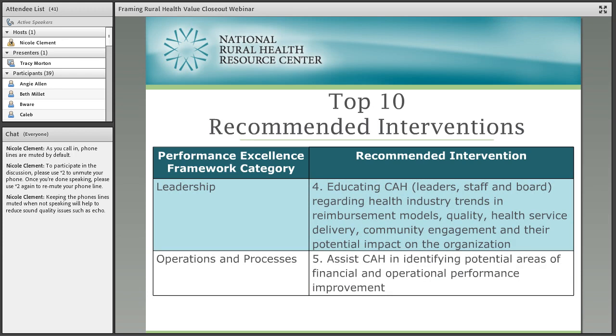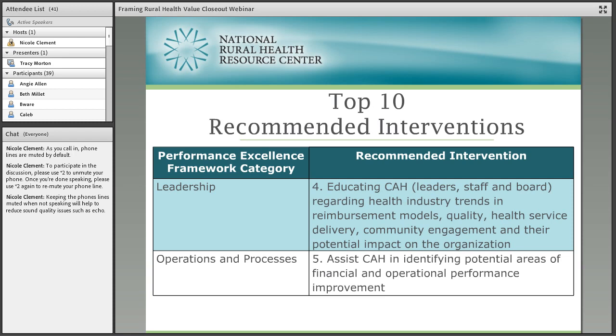So the fourth recommendation that came out of the cohort discussions was back in the area of leadership. And some of the management, as I mentioned previously, and as was illustrated in the case study, at Community Memorial Hospital might have been promoted to their roles because they were just good at their jobs, maybe as a floor nurse, but they don't necessarily have any management training or any insight on current or future healthcare trends. And so the cohorts then recommended that the state flex programs provide education to the CAH leaders, staff,